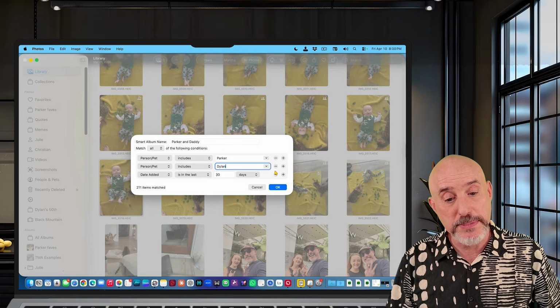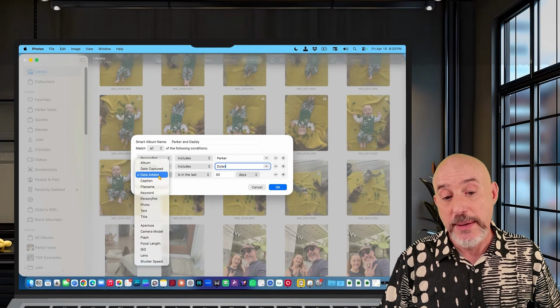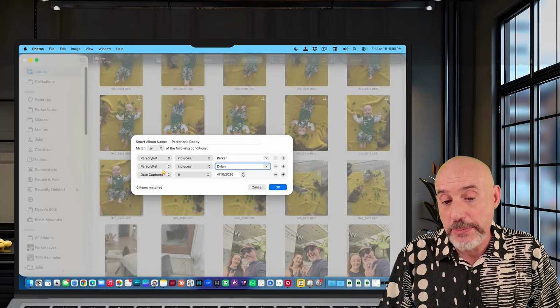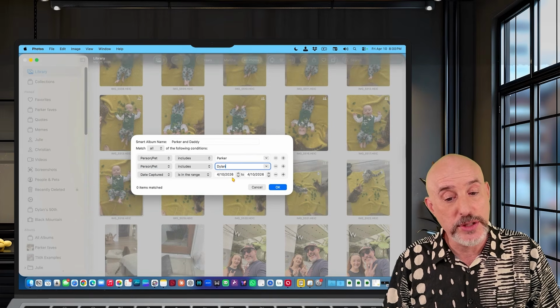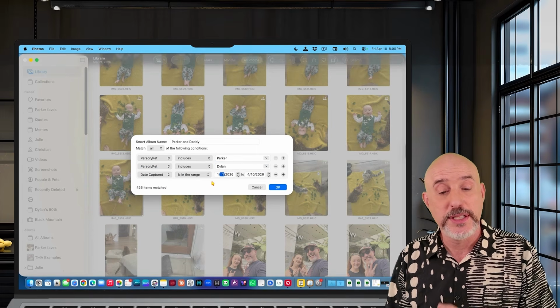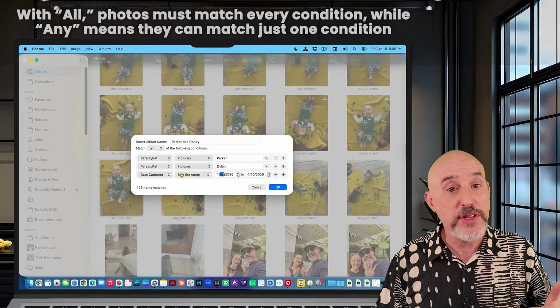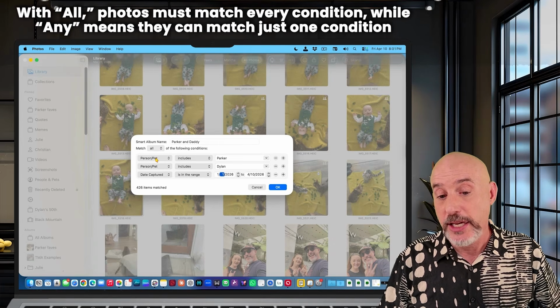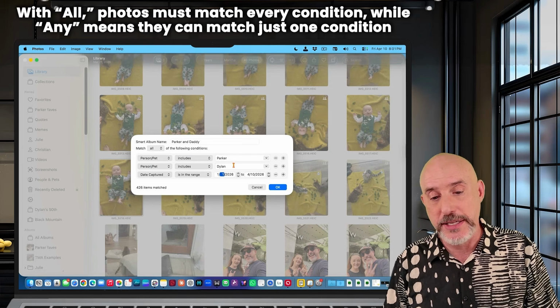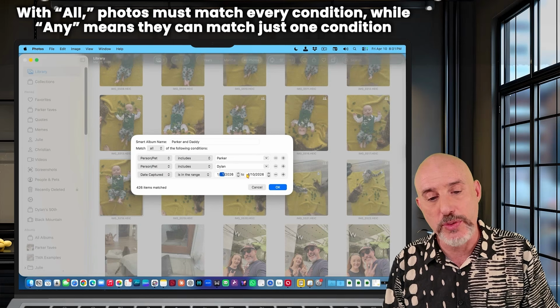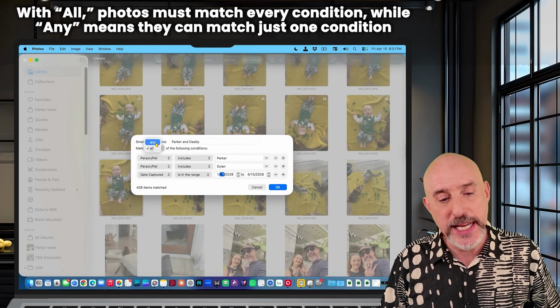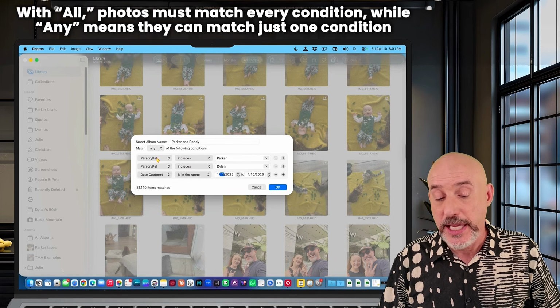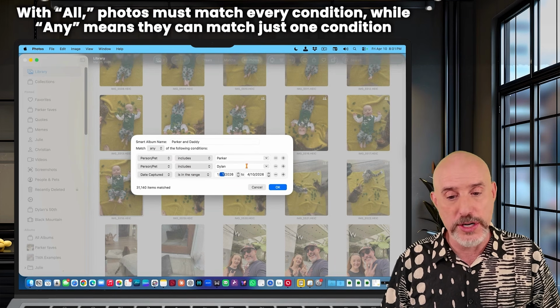As I click the plus button and add additional things, I might also do date captured is in the range January 1st to April 10th. When I have the Smart Album set to all, it means that the pictures it finds include Parker and Dylan and are in this range. If you change it to any, it means they include Parker or Dylan